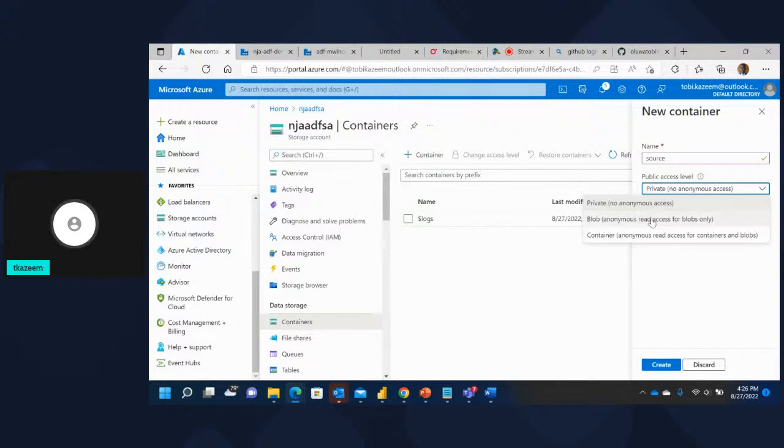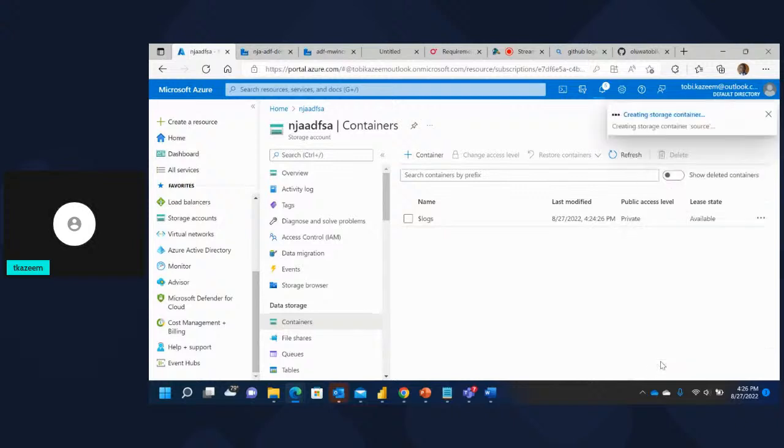But for a scenario like a claim, where you need to expose it to almost everybody, you can change the access. But let's just create and move on. Okay, so we are good now. Since we have a source container, let's go to